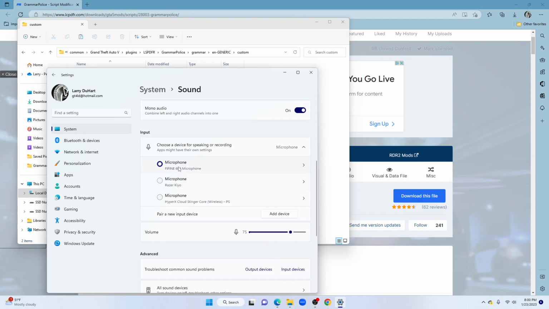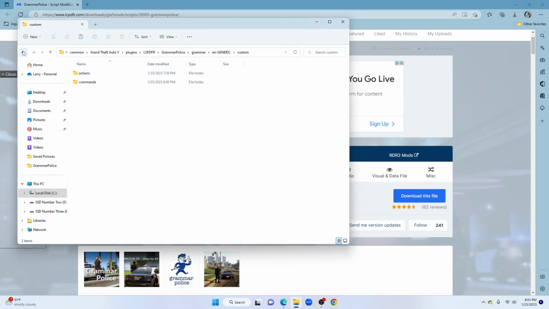Input is your mics, whether you have a Razer mic, or your own extended mic with the boom, that's where that's going to be. Make sure it's enabled and you have the correct one enabled to be able to speak with dispatch, and that'll be in your settings. Okay, now whenever you want to make changes, make sure